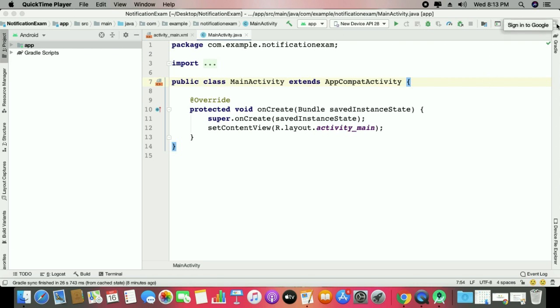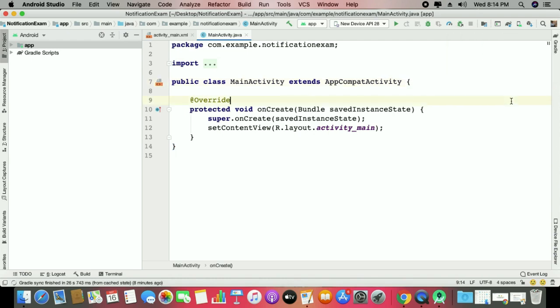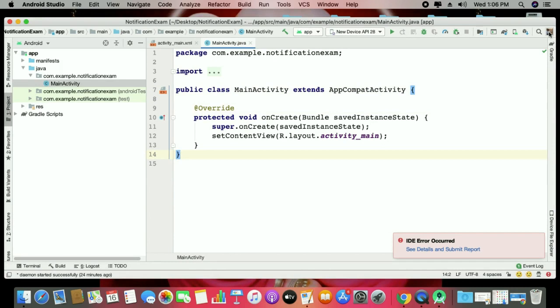So first we have to sign in to Google, and whatever account you are signing in with, you can use that. That is the important part, that you have to sign in with one. Okay, so that's the way you can sign in. So this is my sign in. Once that's happened, you can see on the tools side,